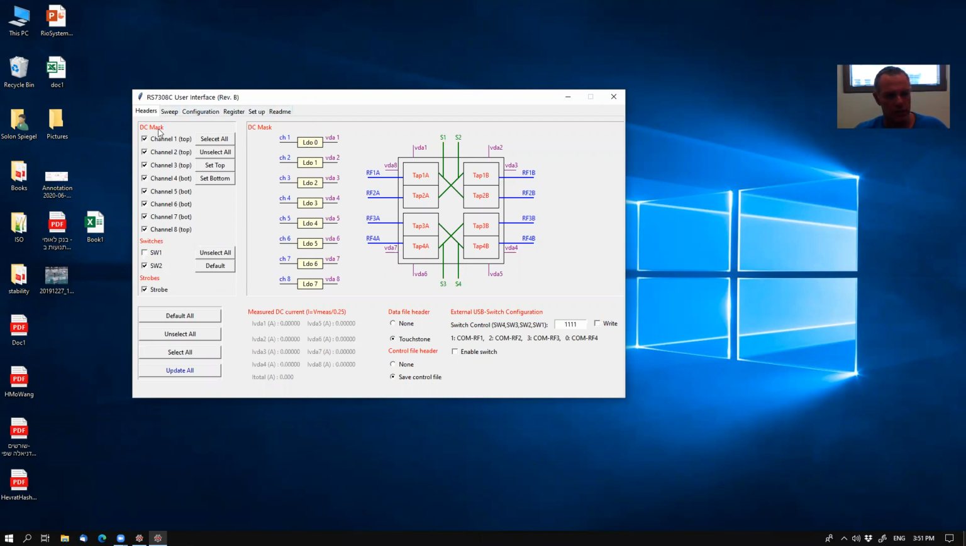These are the DC mask for individual channels. It switches on and off the LDOs for the channels 1 to 8. And the 3 external control signals of the IC, switch 1, SW2, and strobe, you can set at a predefined state. All these options can be unselected, can be set to the default, or select all, and you have a lot of flexibility to set all the